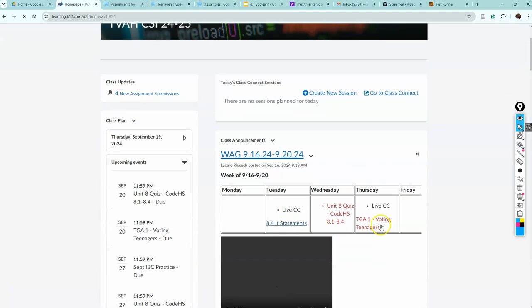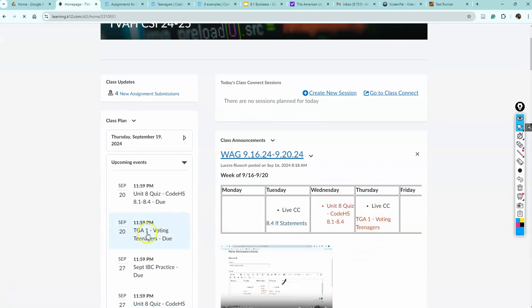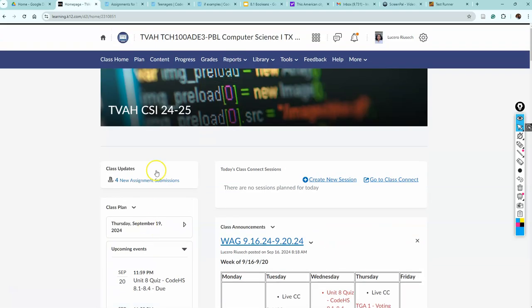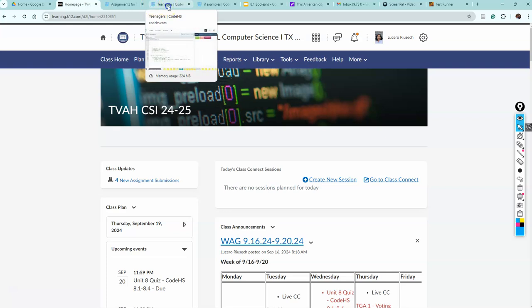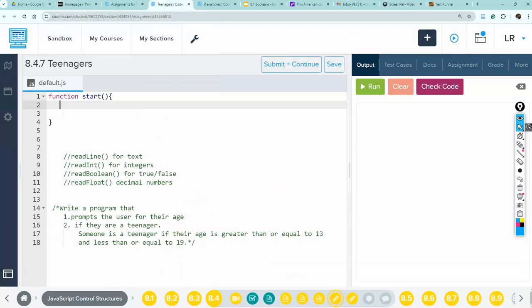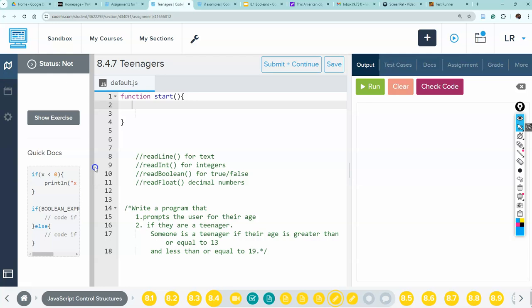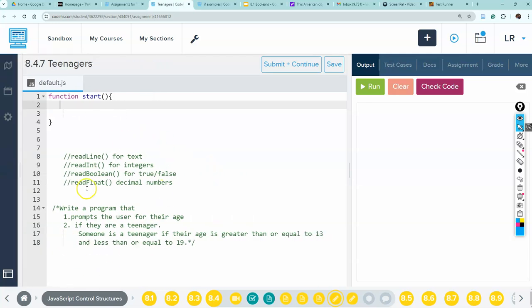You should see it right here. And again, I already showed you how to do it in content, okay? So once you get into voting teenagers, of course, you're going to see the problem, which I went ahead and wrote down here. We're basically writing a program that prompts the user for their age and determines if they're a teenager. So we've got our function start as our starter code,